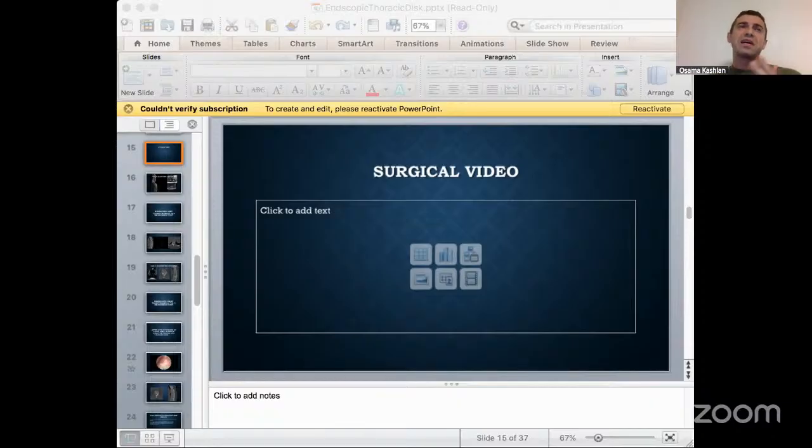So that's the second thing. I think the way you offset that is by being very meticulous, really using the bipolar well, and then at the end of the case, putting some gel foam in there, but you've got to wash it out. Don't leave a gel foam ball causing pressure on the spine, obviously.